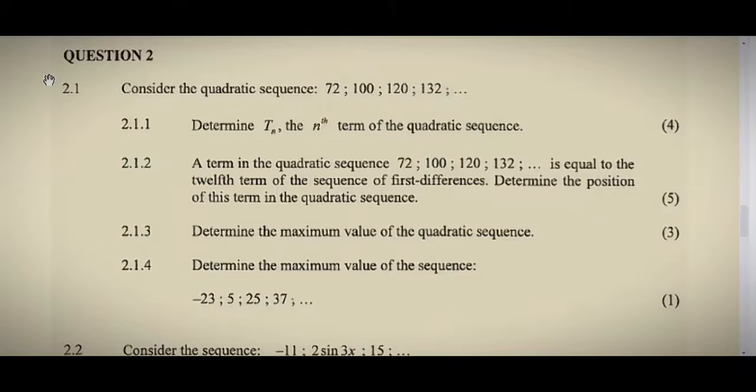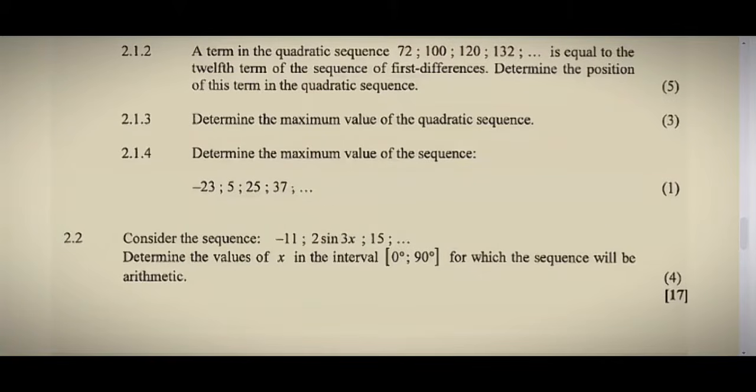Okay. Now we have 2.2. It says consider the sequence negative 11, 2 sine 3x, and then 15. It says determine the value of x in the interval for which the sequence will be arithmetic. Now, if this sequence has to be arithmetic, we know that this is what will happen. We have to calculate